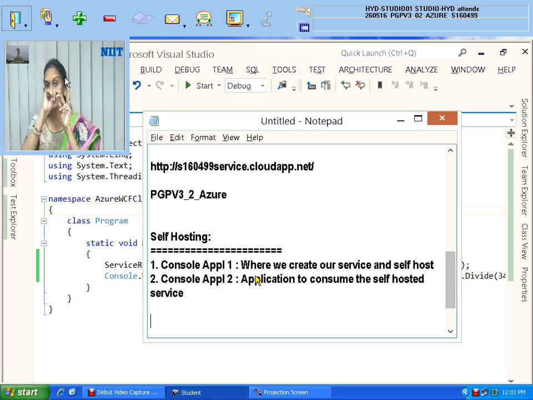The gateway consists of three details. The interface, that is the contract. Contract means your interface only, so I need to tell the contract name. I need to tell with what binding protocol I should connect to this interface, and at what address I want to access the service from this endpoint. So all these three tell how you want to host it so that clients can access it. These are the simple things you need to know, and I'm going to show you some code.